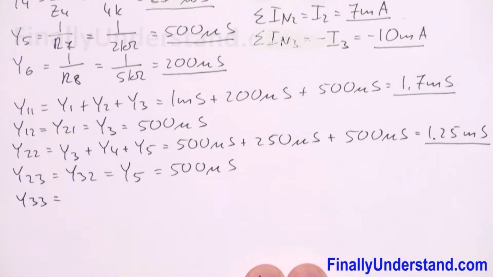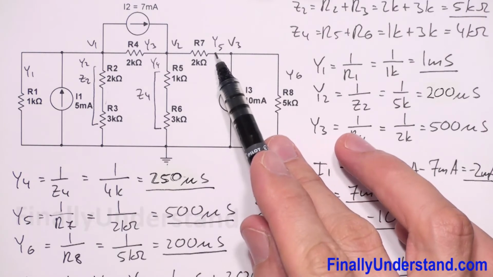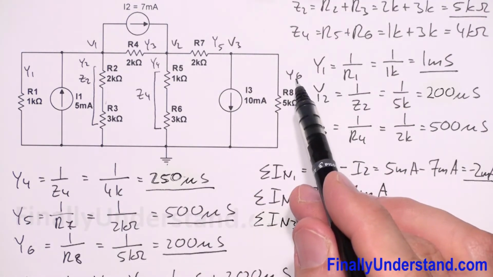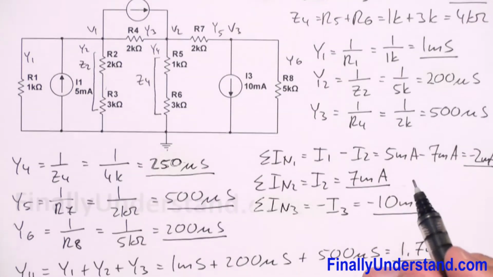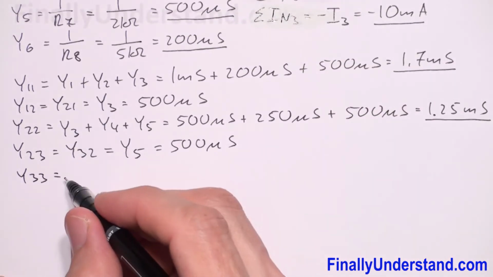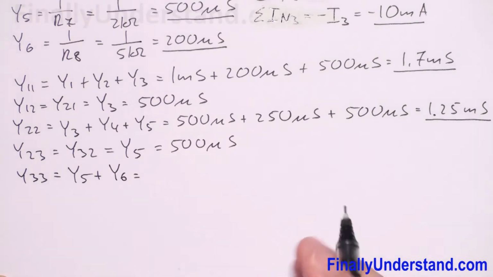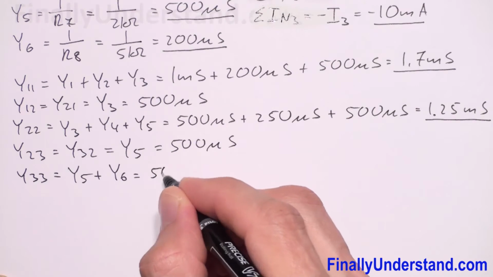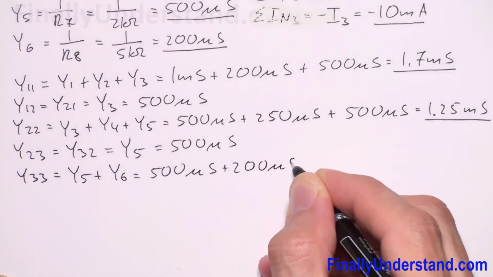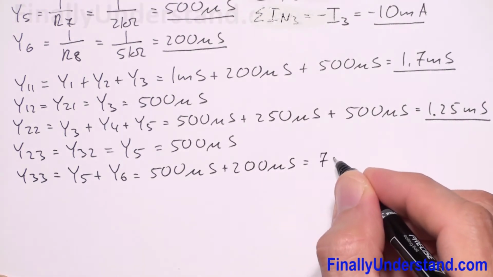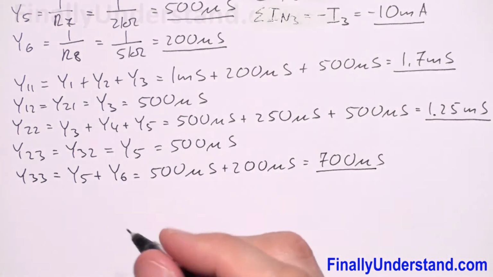Y33. This is the sum of the admittances connected to node 3. Okay, so we have Y5 plus Y6 because these two admittances are connected to this point, which is called my node 3. Okay, so I have Y5 plus Y6. Y5 is equal 500 microsiemens plus Y6, which is equal 200 microsiemens. This is equal 700 microsiemens. Next, I'm supposed to find